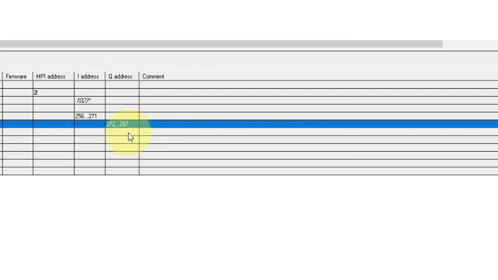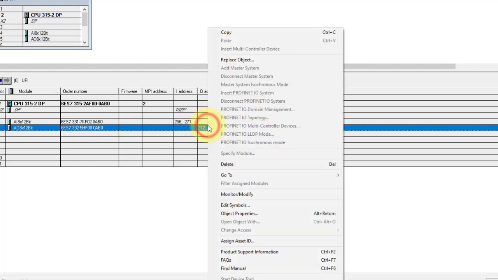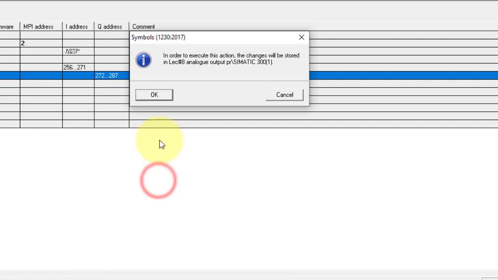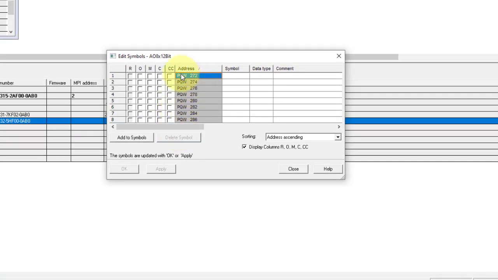This is the addressing of the output module. Go to here and select edit symbol, and you can see this is the address of the channels. Channel number 0 is PQW 272.